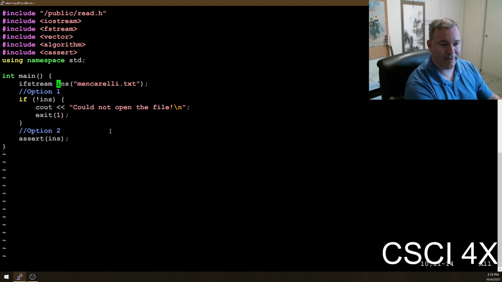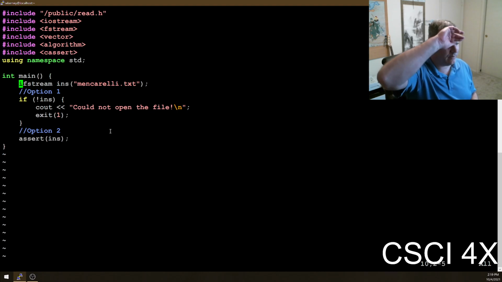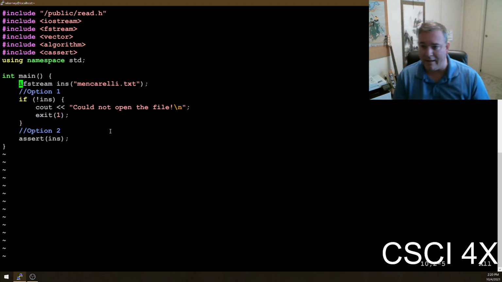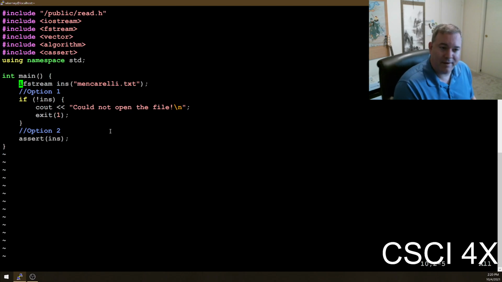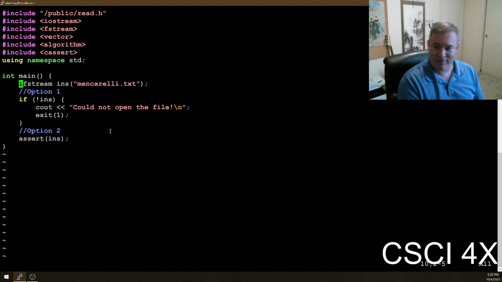Okay, so that's how you read from a file. If an ifstream, an input file stream, is how you read from a file, what do you guys think you use to write to a file, to output to a file? If you just had to wildly guess. Assert's more useful if you're opening a lot of files or in different locations. Yeah, it's less typing, that's for sure. If an ifstream is an input file stream, what do you think an output file stream is called? ofstream. Yes, very good, Marquez.